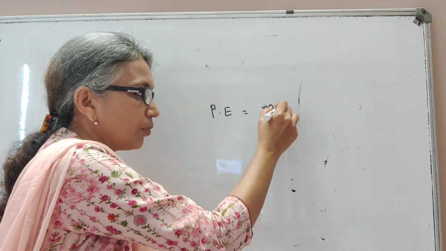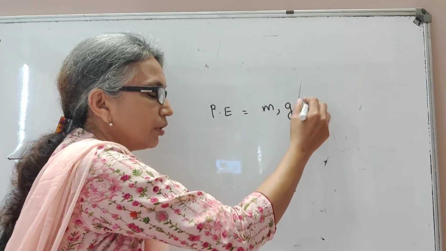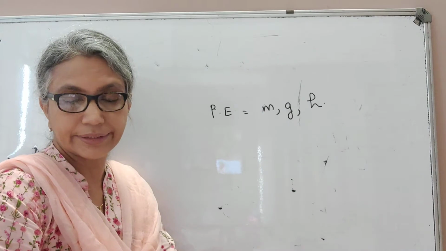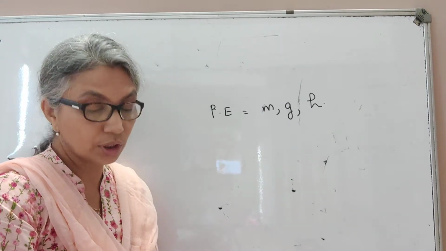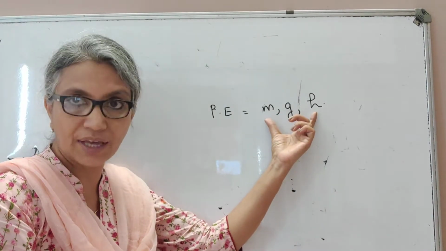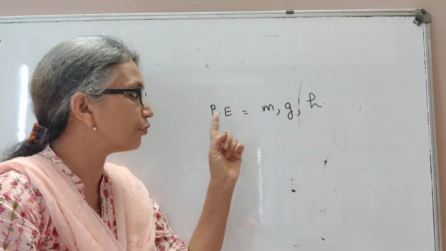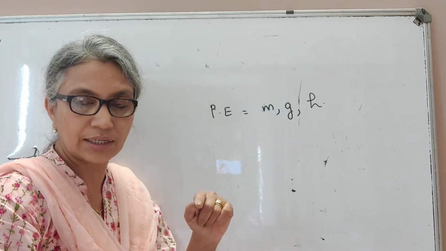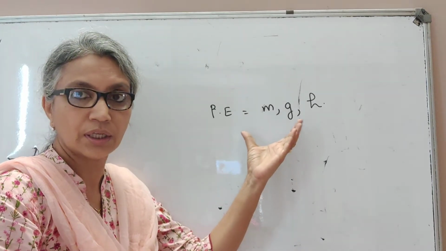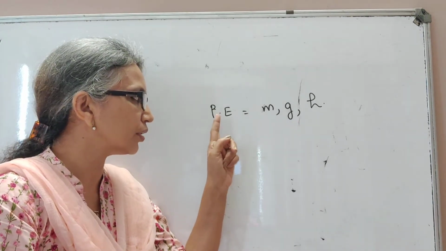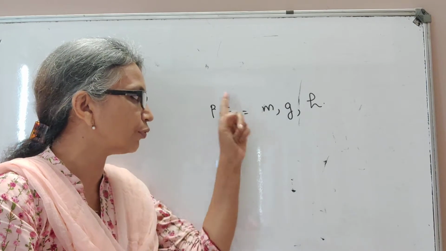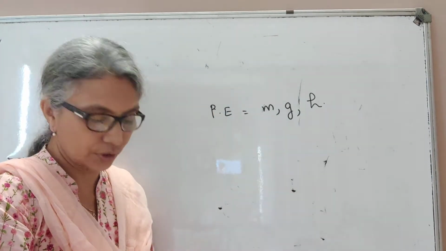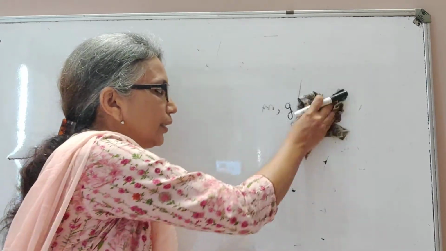So you know it is dependent on mass. You know it's dependent on acceleration due to gravity. You know it is dependent on height where the body is. So these are called the factors that determine the physical quantity potential energy. So you can use dimensional analysis to get this equation if you know on what factors this physical quantity depends. Okay, this is very simple, so we are not going to do that. I'll show you something else.